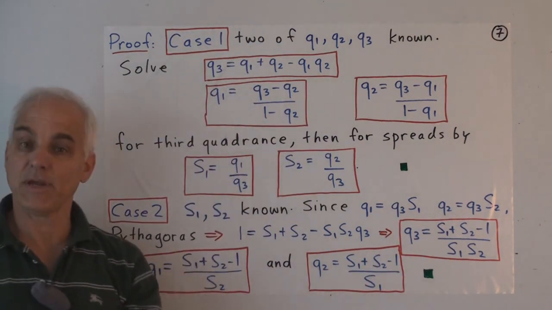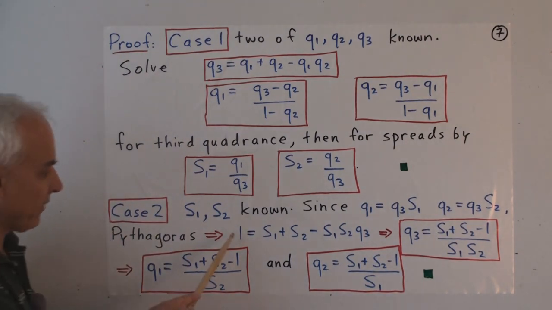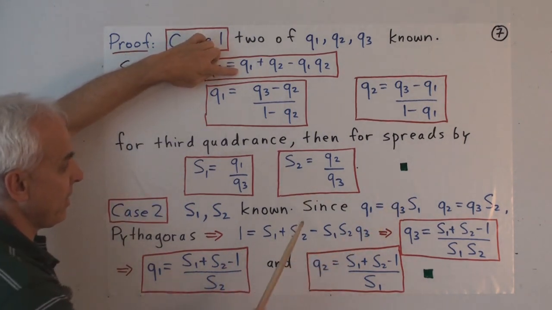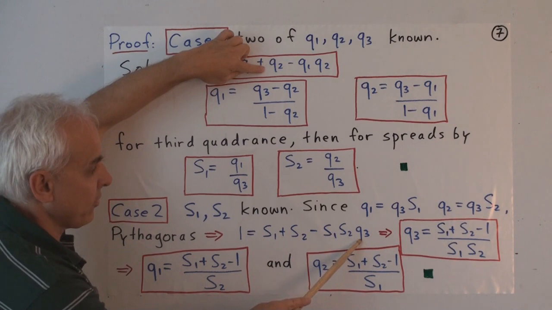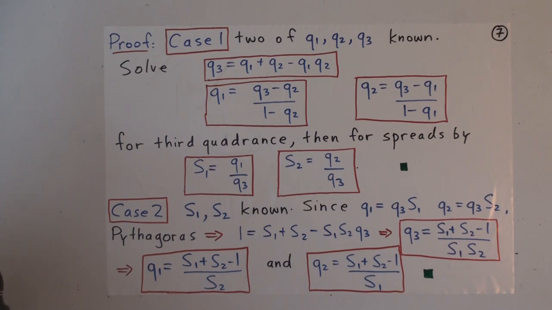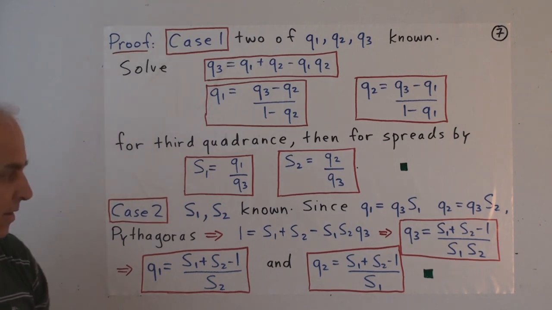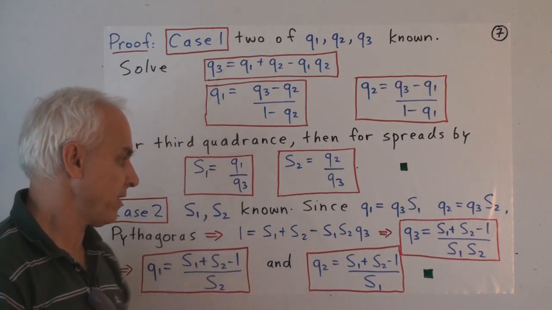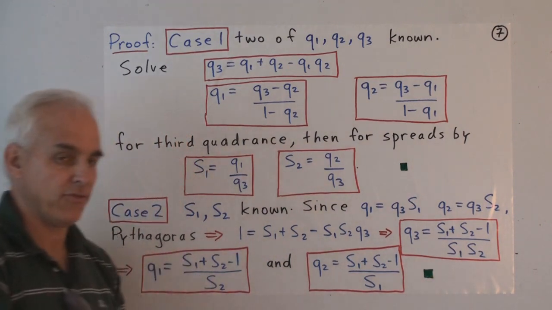Now there's a common factor of Q3 in all of those terms. So let's cancel it out. Then we're left with 1 on the left-hand side equals S1 plus S2 minus S1, S2, Q3, because we've canceled one of the Q3s that gets multiplied together. And now we look at this and say, aha, here's an equation for Q3. We can solve Q3 in terms of S1 and S2. Just bring that to this side, bring the 1 to this side. Q3 equals S1 plus S2 minus 1 all over the product S1, S2.